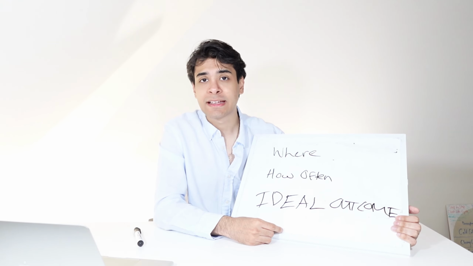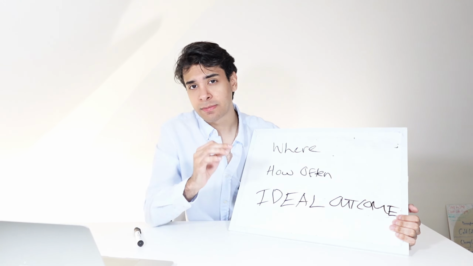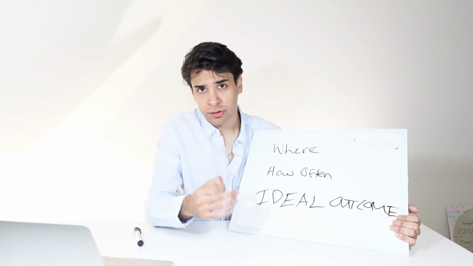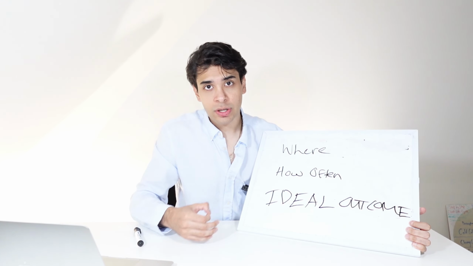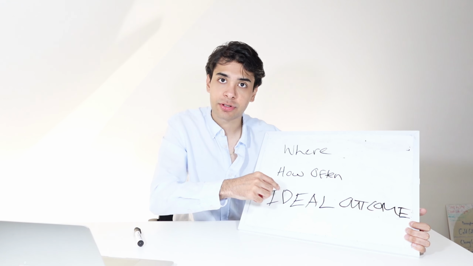The last one is ideal outcome. For me, this is the most important one. So these are the people that are dealing with the reconciliation tasks. They do it day to day. They know exactly the problems. They know exactly how it could be better. They just don't know how to do it. Maybe they don't have the time to do it. Maybe they don't have the skill to do it. So your job as a person who's going to provide the solution for them is to get their ideal outcome